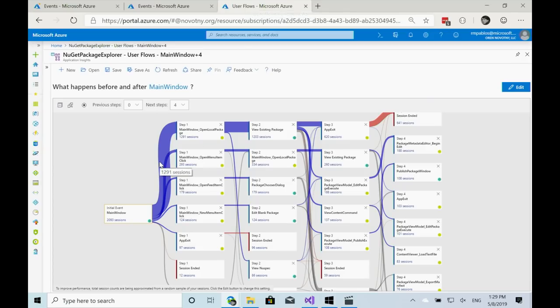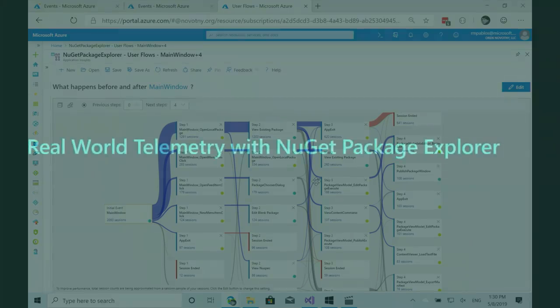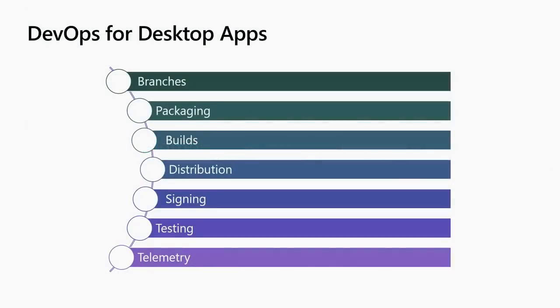This is also a feature available in App Insights that gives you the user flow. So how many users start in the main window, how many went to this step, this was the second step, third step, and then they finished the application. So the user flow, these are the kinds of insights that you can get from your application when running on App Insights. And we are running out of time, so to recap,